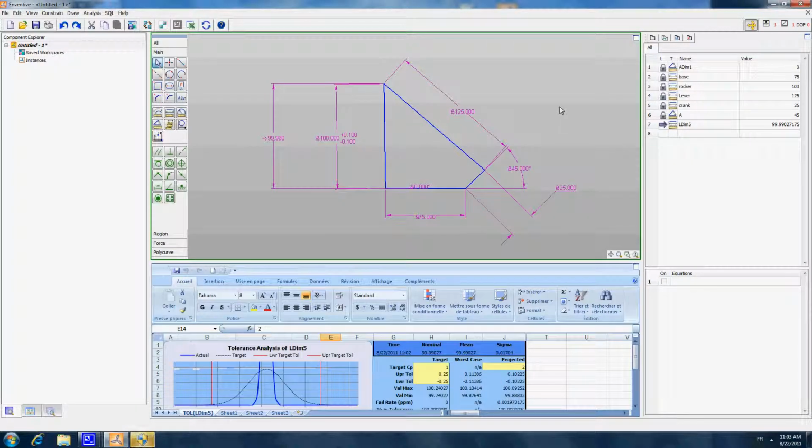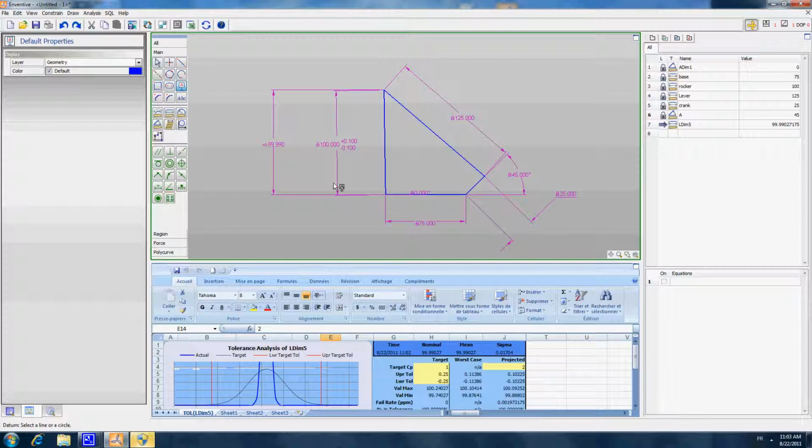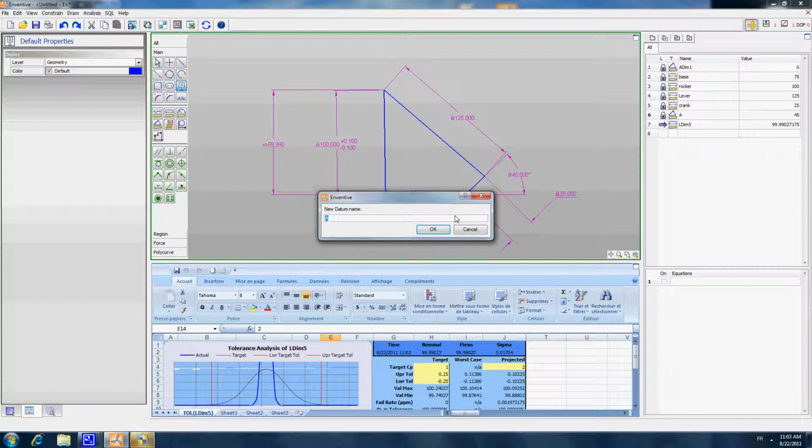Before we finish regarding this 4-bar introduction, we also wanted to present the fact that, so far in this demonstration example, we have only modeled some dimensions, linear dimensions or angular dimensions. It's important to know that Inventive actually has an internal innovative architecture that allows to do in an easy way some quite complex geometric tolerancing, and to analyze very quickly and very effectively those geometric tolerancing schemes.